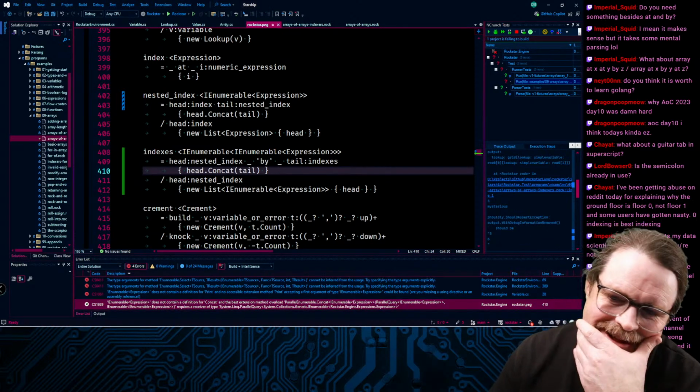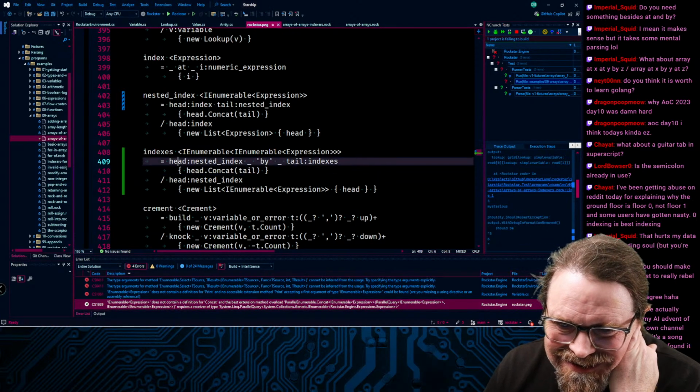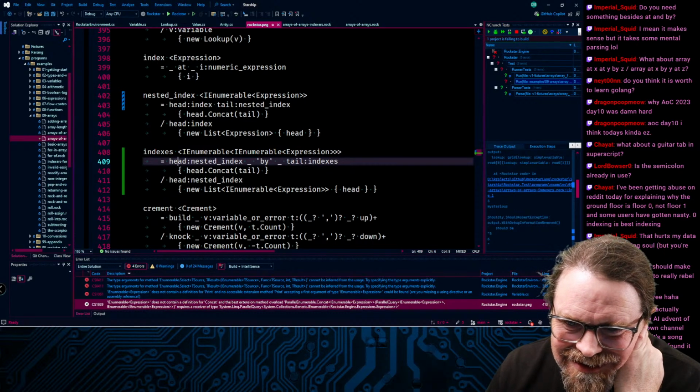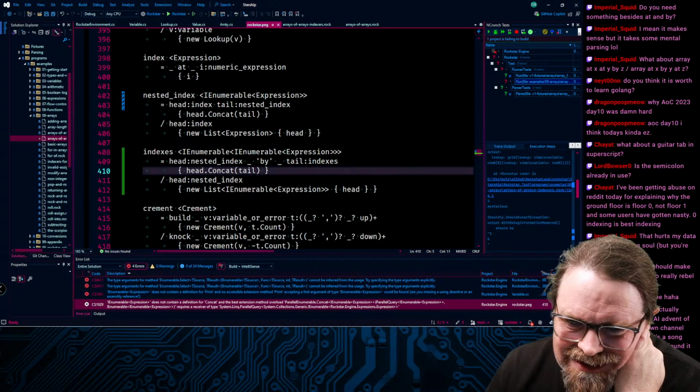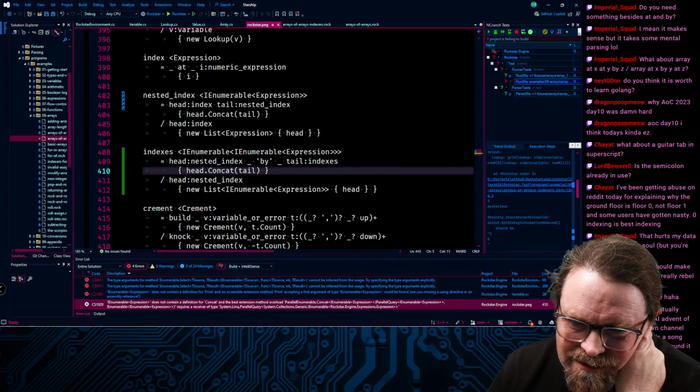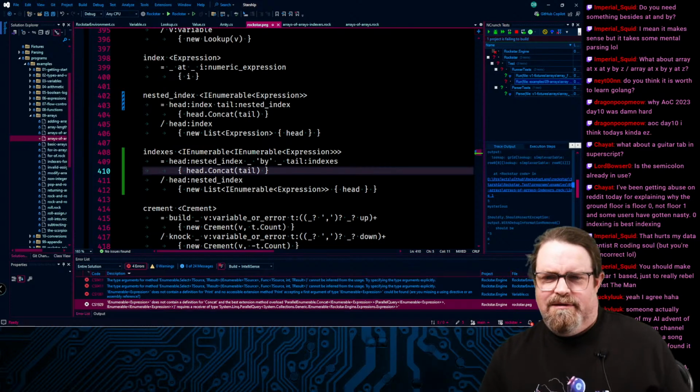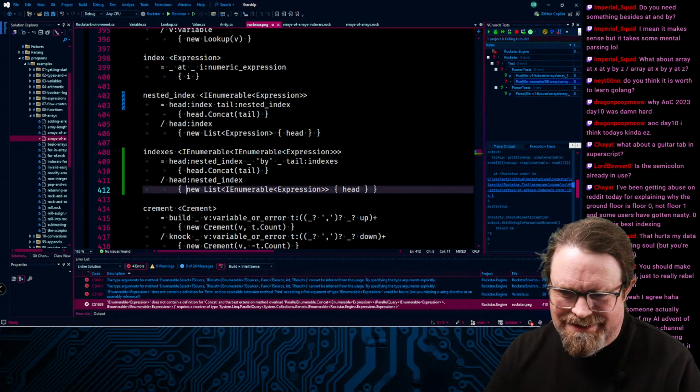Yeah, so that's not it. All right, so that thing there is going to say, what is a head? Head is a nested index. That is going to return an IEnumerable of expression. Which means